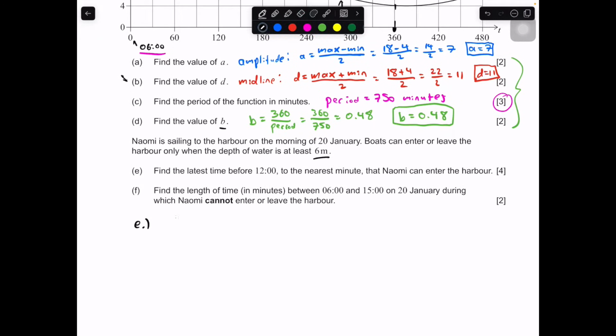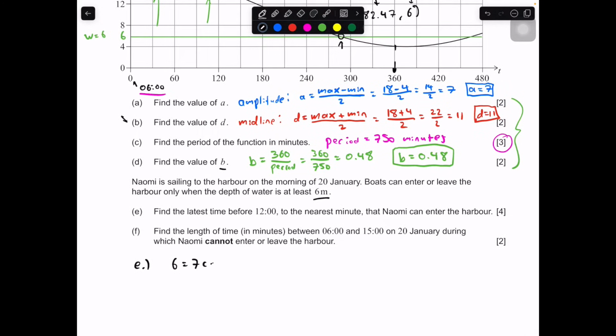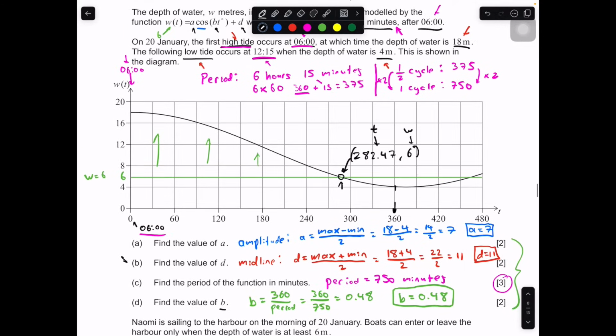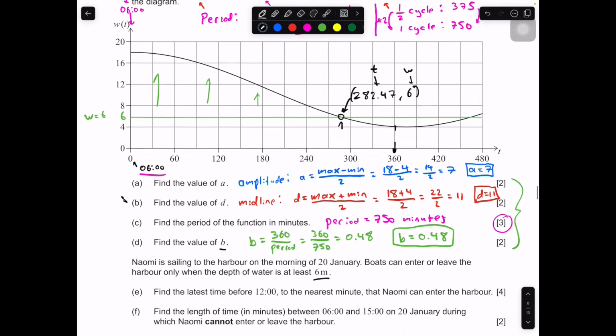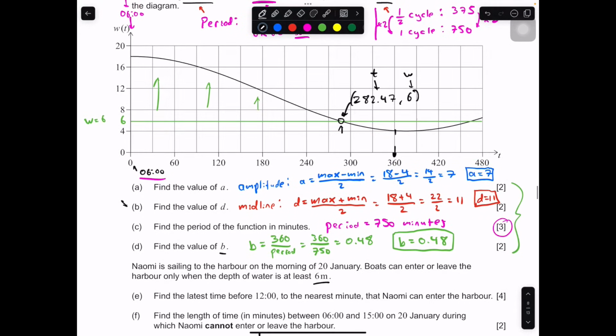Essentially, we would put 6, that's our output for the depth. 6 is equal to, and then our function. We want to know when is 6 equal to 7 cos 0.48 t plus 11. There it is. Plus 11. Essentially, we're asking for what value of t is the depth equal to 6. You might be wondering, can you use solve? Potentially. In this case, you actually would be able to,